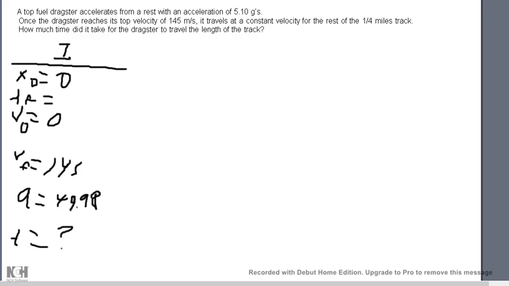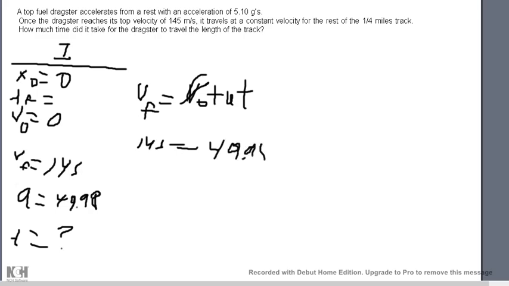Okay, my time is what? I don't know. So let's figure out how much time it takes to go from here to here. Final velocity, initial velocity. Love me some baby equation: V equals V naught plus at. He starts at rest, so V naught is gone. VF is 145 equals my a, my t,